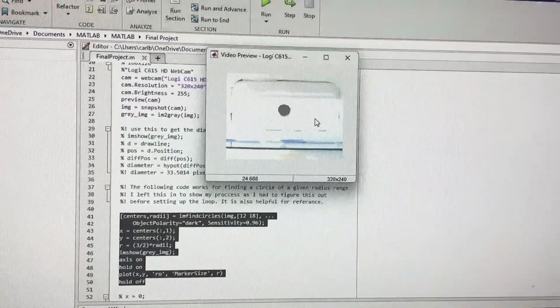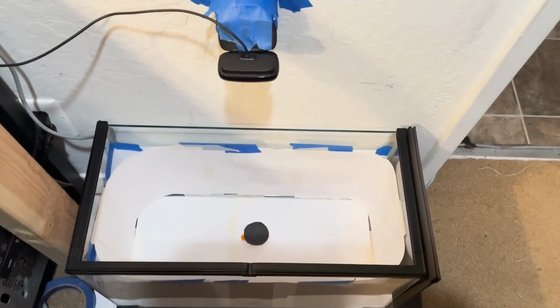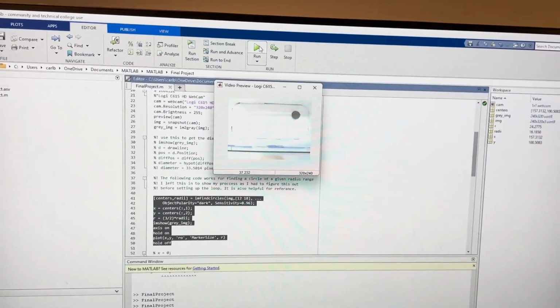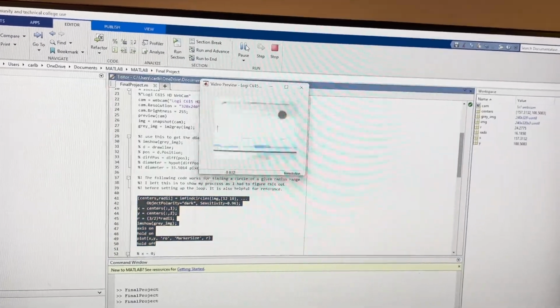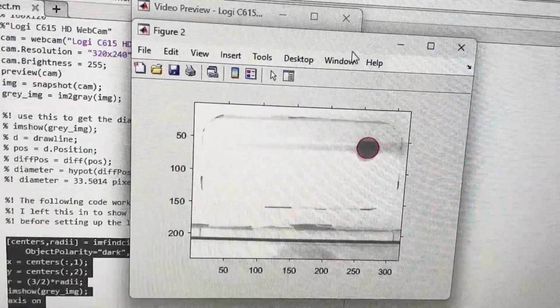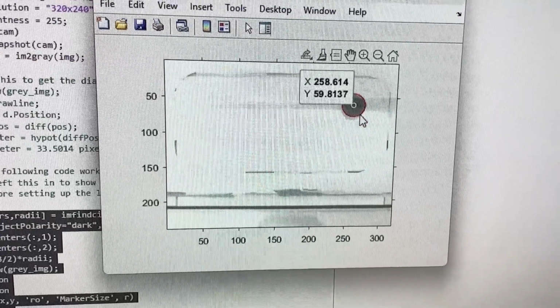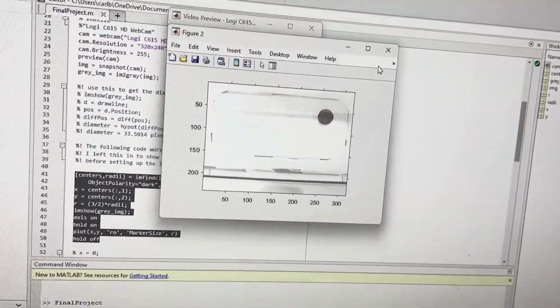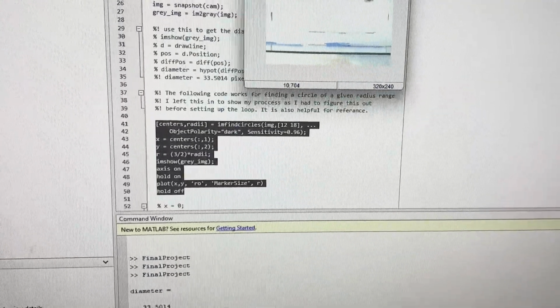And we can move it too. So if I go here to my setup, let's move this little guy over here and run the same thing again. So if I run it again, there now, it is over here. It outlines it in red